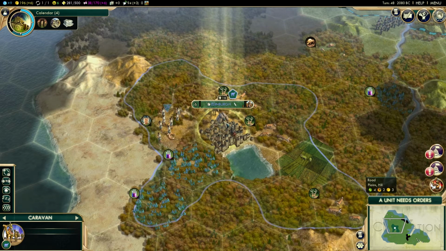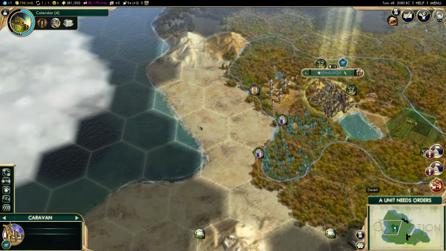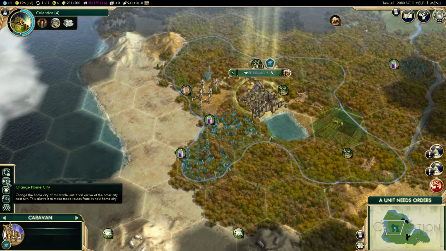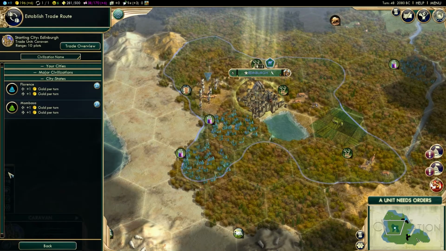Now, when you've got a caravan, which is normally a camel in the early days, also if you have a city on the coast and you have a harbour, you can set up trade routes between them. So I can change the home city where this trade route belongs to. I've only got one city, so there's no point doing that. And then I can click Establish Trade Route. Now at the moment,